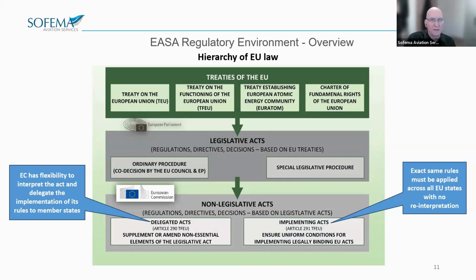Now, the primary responsibility for implementing the EU laws lies with the EU countries, and they can, in fact, do that through their own laws. However, in areas where uniform conditions for implementation of the law are needed, such as finance and tax, agriculture, the internal European market, food safety, and to a large degree aviation, the European Commission adopts an implementing act. An implementing act means that the Commission must implement legal instruments, which are regulations, directives, etc., which exactly reflect the content intent of the higher level legislative act with no deviations.